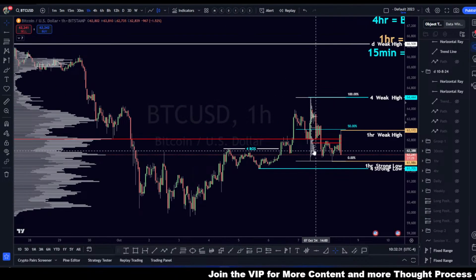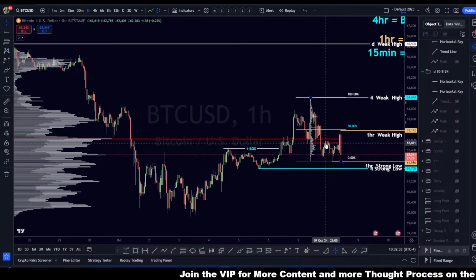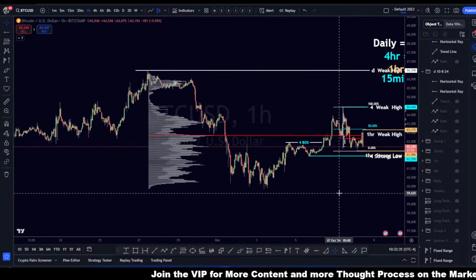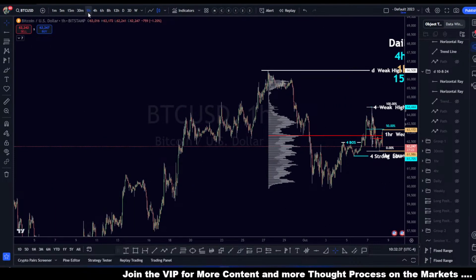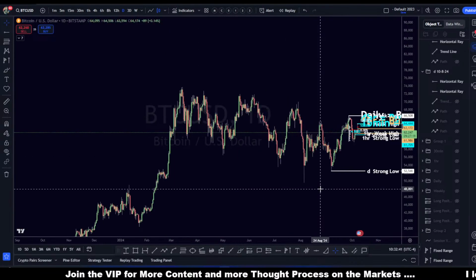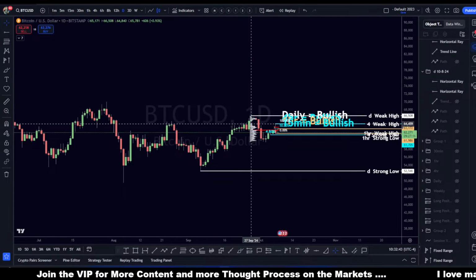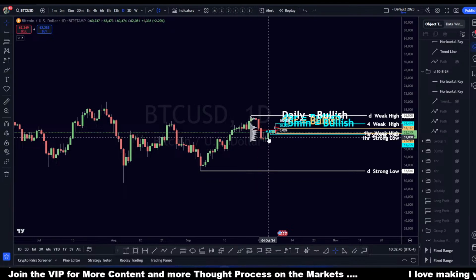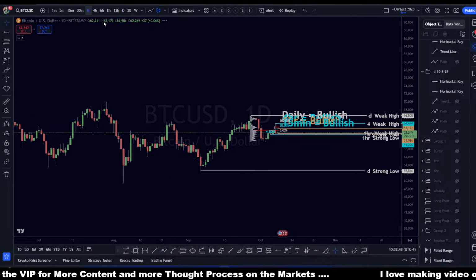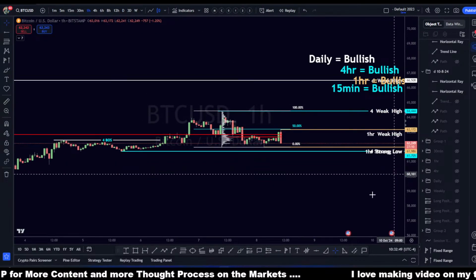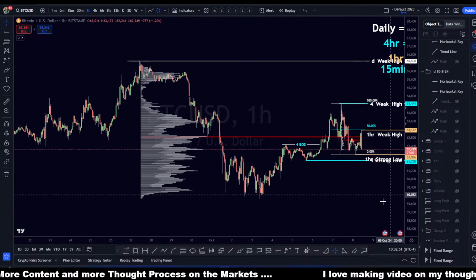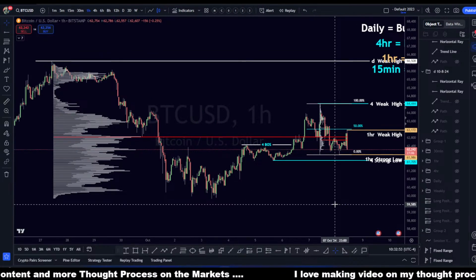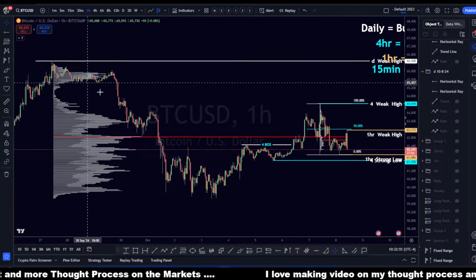This was our 1 hour point of control. This is pretty much our daily. Even though we have it on the 1 hour here, we're actually looking at the larger picture. So this is like this zone right here. But right now we're just zooming in so we can see all the price action, all the ups and downs. So for the 1 hour, for this zone right here,